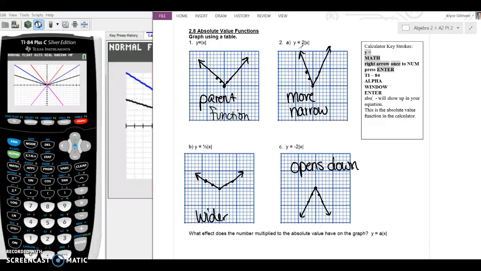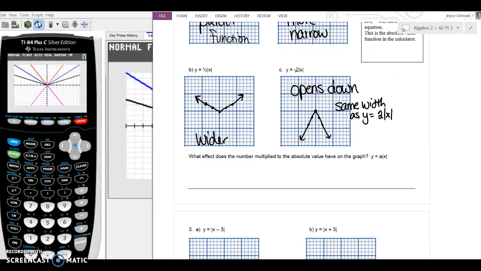This particular graph, because there's a negative in front of the absolute value bars, flips over the x-axis. It's actually a vertical reflection. I want you to notice that it is the same width as y equals 2 times the absolute value of x. So the fact that there's still a 2 in front of the absolute value bars, that's going to be the same. The a value multiplied in front of the absolute value function affects how wide or narrow the graph